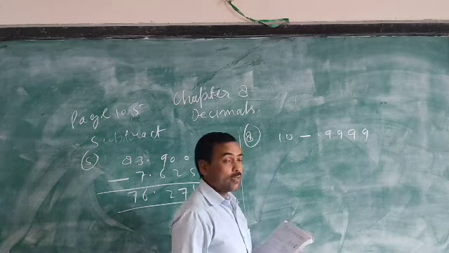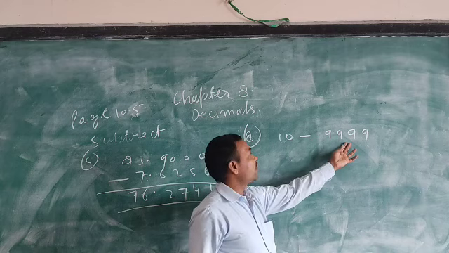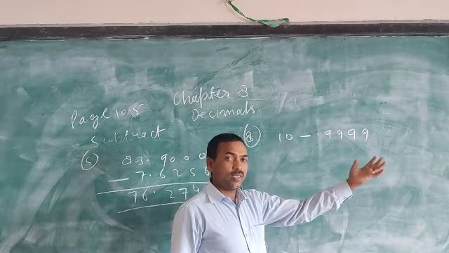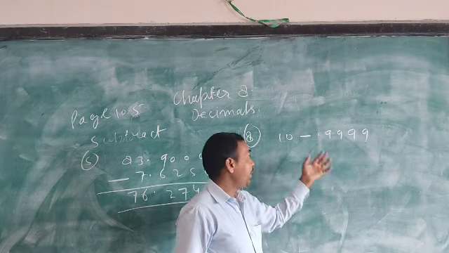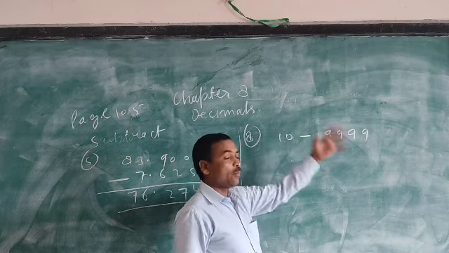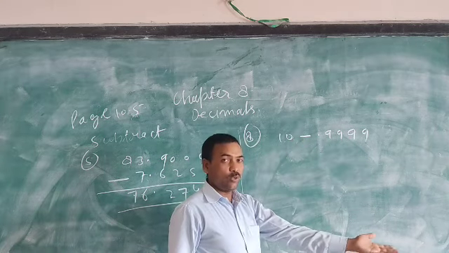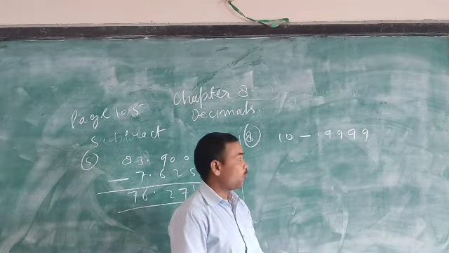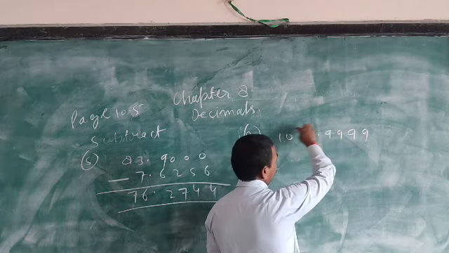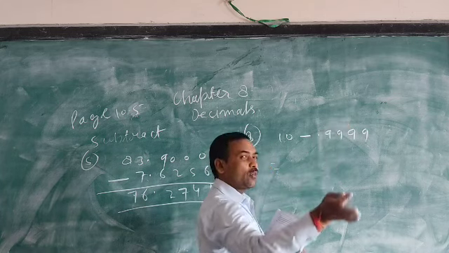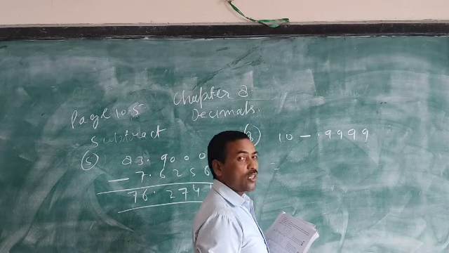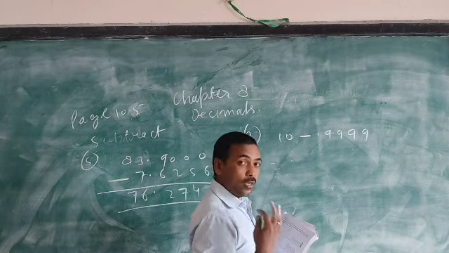And children, many are thinking, sir, this is a decimal number, this is a whole number. So any whole number can be written as a decimal number, by putting a point at last, and after the point you can write so many zeros. How many zeros are required? So see here, this number near about 1, this is 10. It means you have to subtract 1 from 10. So your answer near about 9. So you can guess your answer, so that your answer is correct.